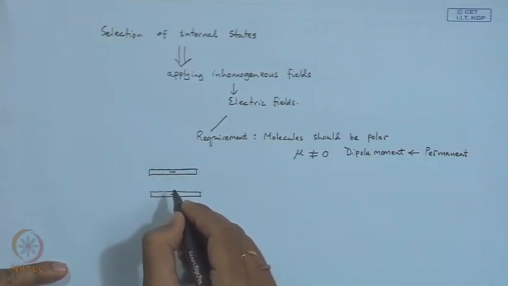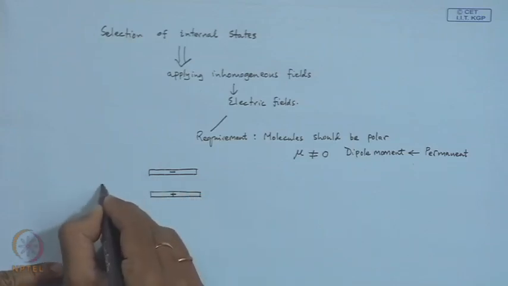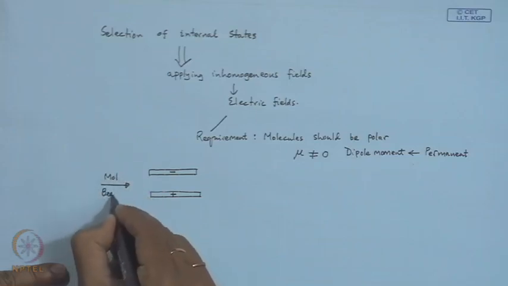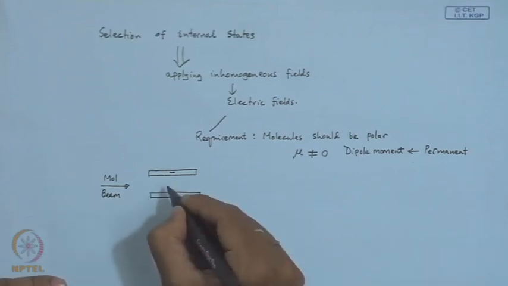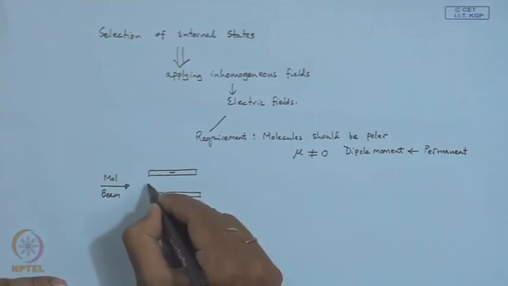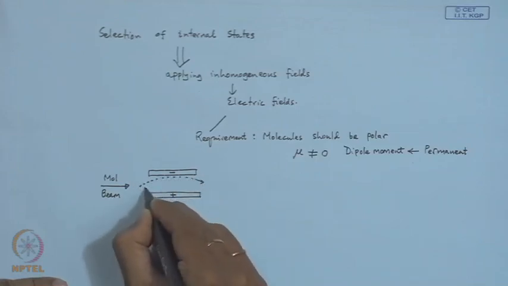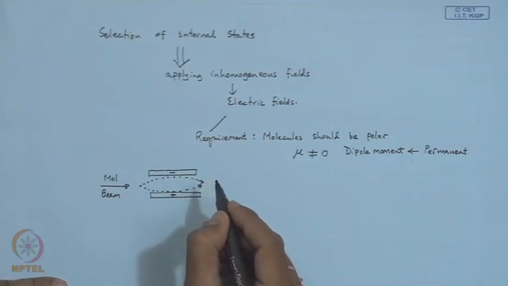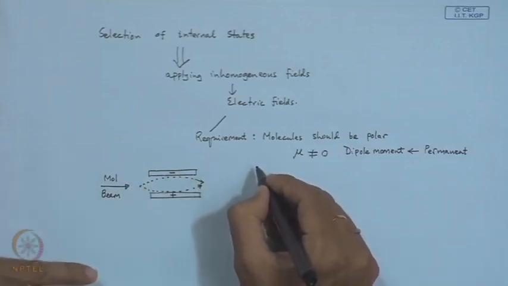From this side your molecular beam is coming, a molecular beam containing polar molecules. So, what will happen is that this cold molecular beam will tend to be deflected this way. If we view from the other side, this is a side view, it will be